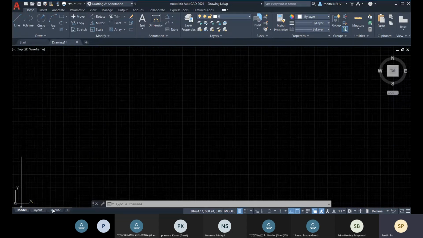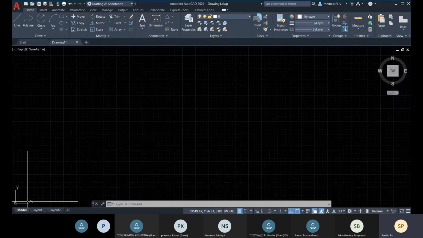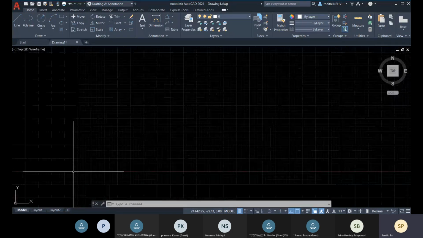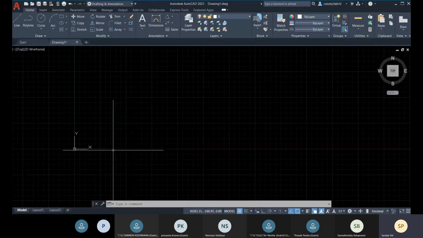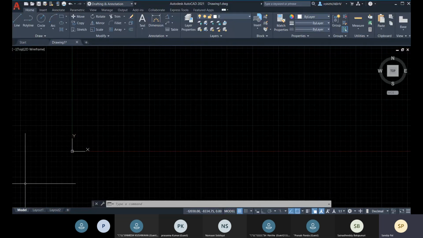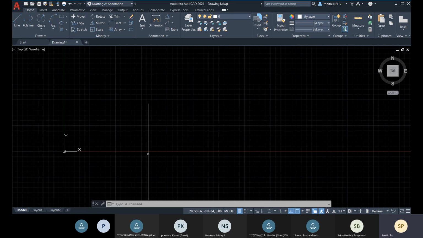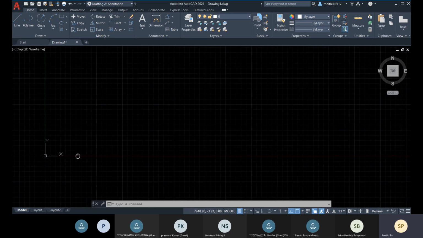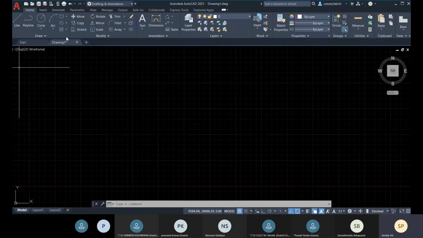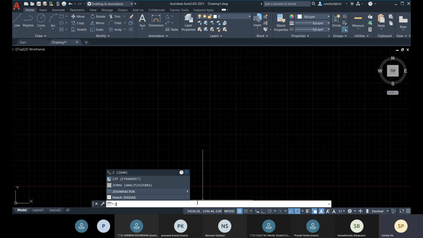AutoCAD will show you the X and Y direction, but the origin, if it is out of your screen, because this model space is infinite, it can be placed anywhere. So if you are not finding your origin, for that you can simply go with the zoom, Z enter for zoom.